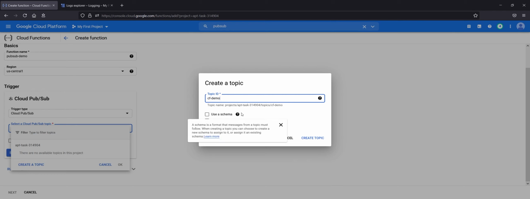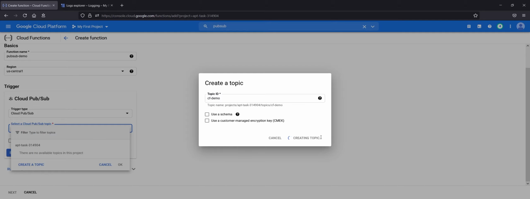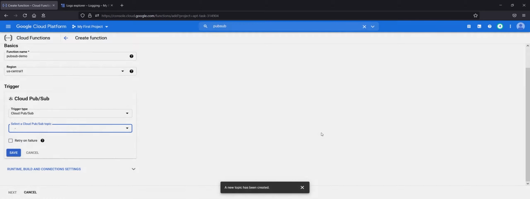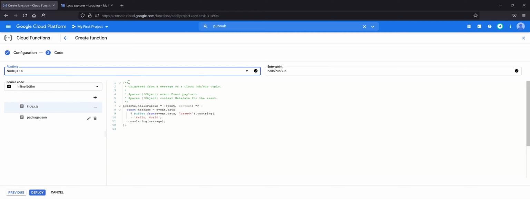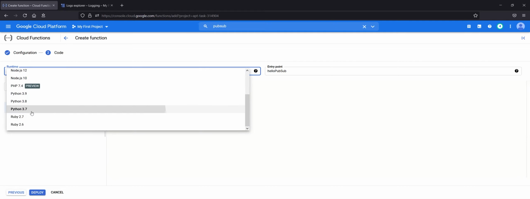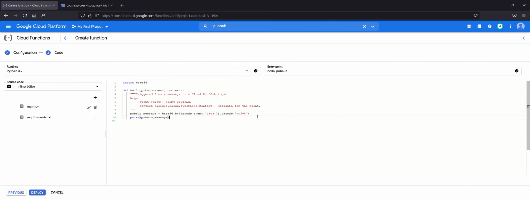I'm not going to use a schema. I'm not going to use encryption myself, so I'll just create the topic, and I will let the wizard create the topic. So it says the topic has been created, and I will just save, and again I'll just hit next and choose Python 3.7, and there's the code, right? So here you will see the actual message that you have published. I'll deploy the Cloud Function,